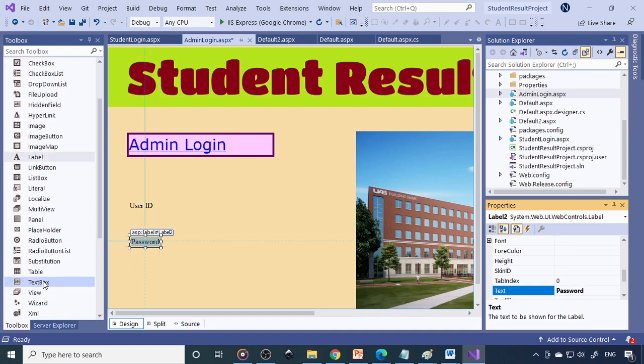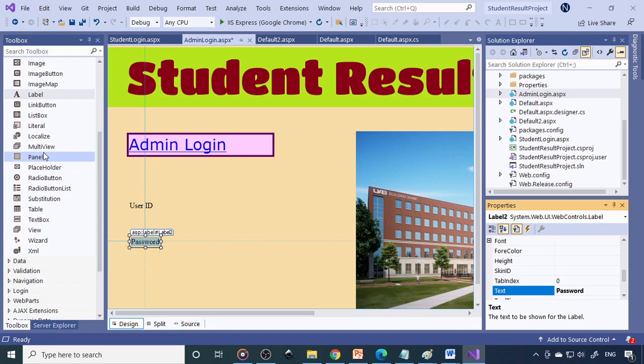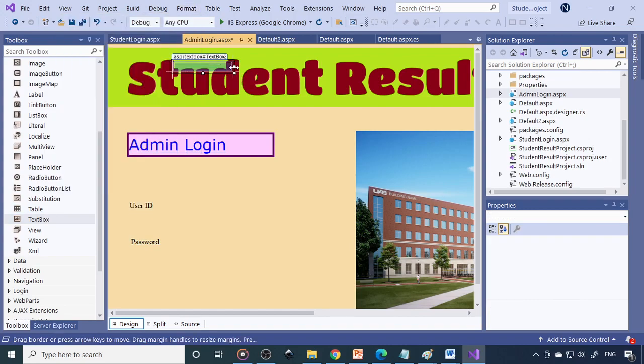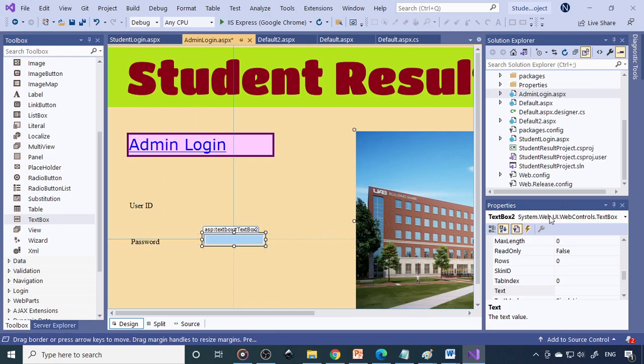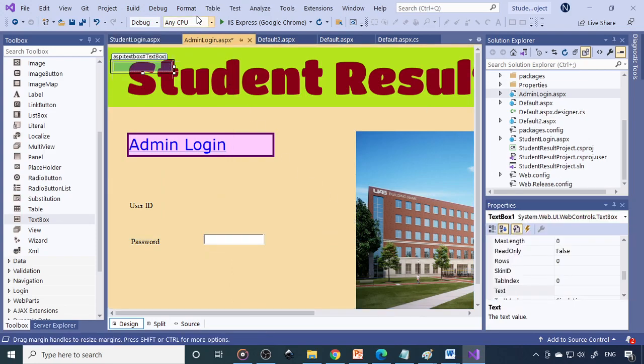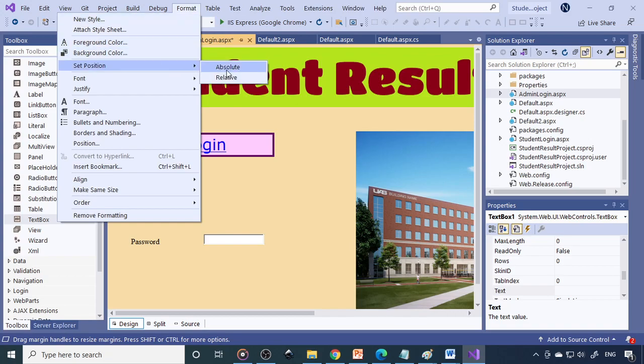So correspondingly you require two text boxes, so therefore double click on text box 1, 2. So format, set position, absolute. So bring it here. Then text box 1, select from the properties, go to format, set position, make it absolute.